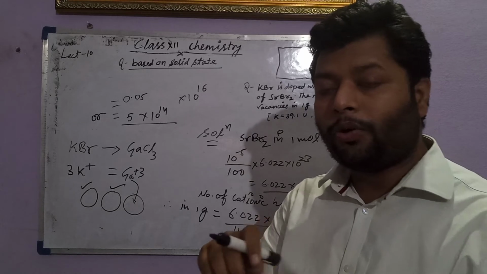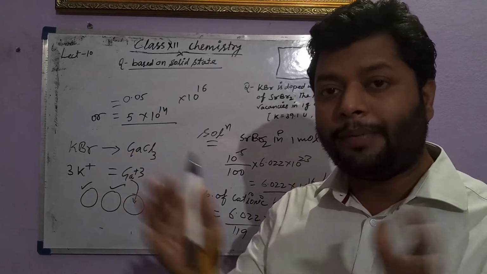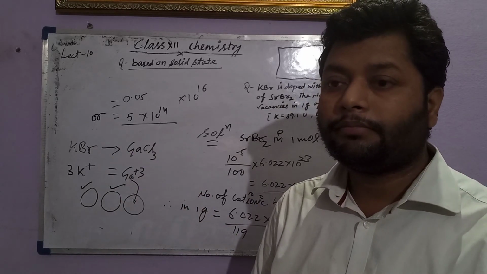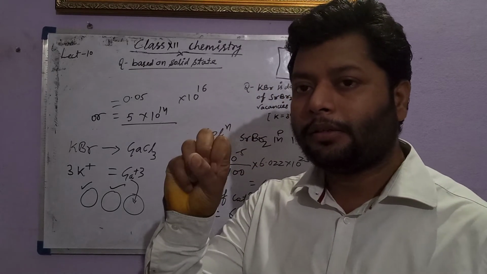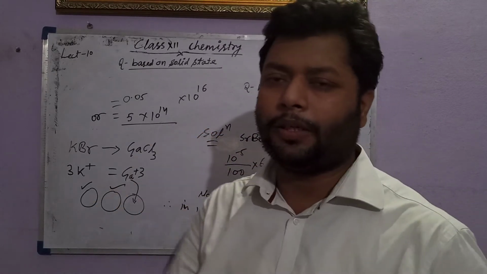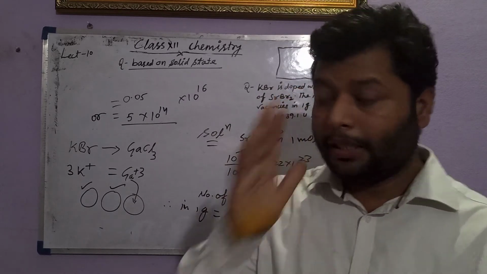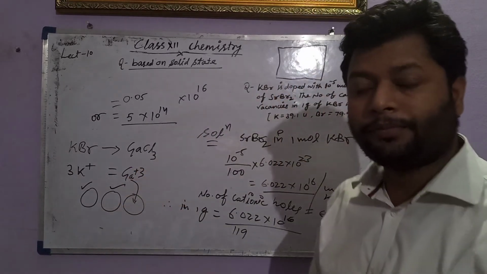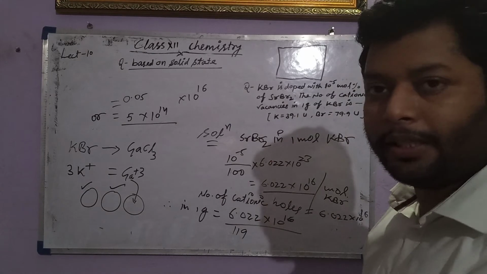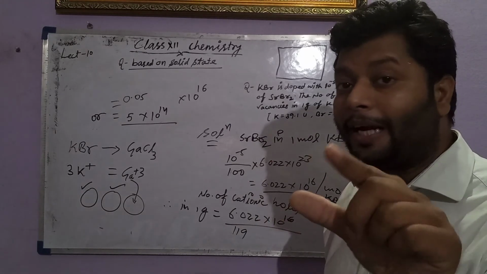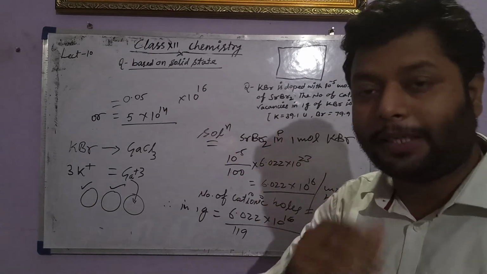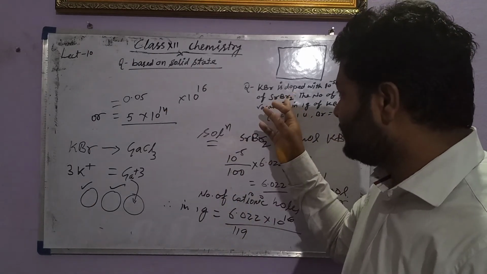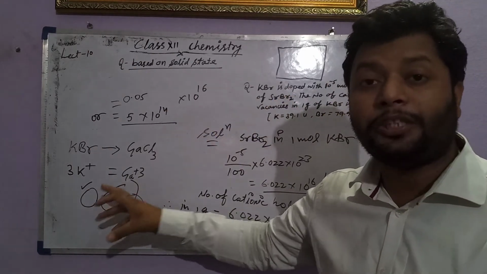So we'll take what number of electrons are involved in the covalent bond, and what electrons remain left as free electrons. We always learn there are cationic holes now, because that is a KBr crystal, so extra electrons will not be generated. Even though strontium has a higher valency than potassium, due to the addition of strontium bromide, positive holes are generated.